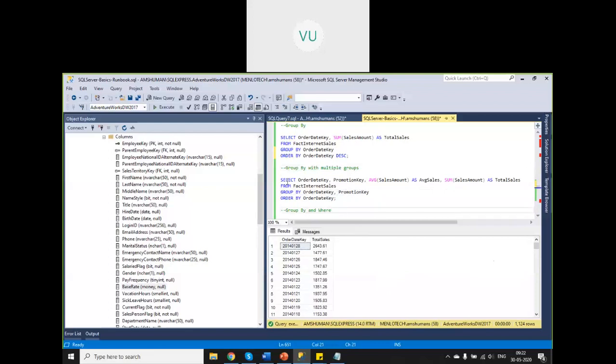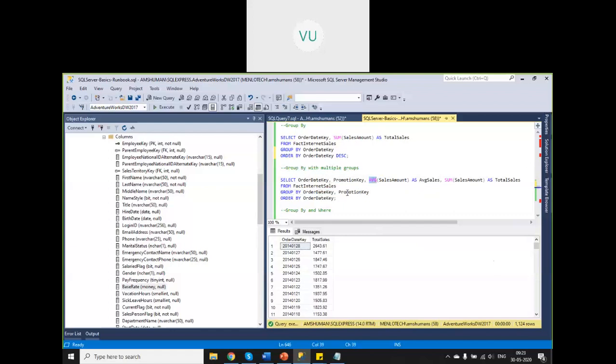Okay, so how will this execute? From this particular table, group by first this column, and within that, those groups create more groups based on this column value, and select all these values like order key, this, and for other columns. See, one important thing is, if you are selecting any column apart from the group by columns, you have to put aggregation. That means you have to apply some aggregate function, average, sum or something, and then you can retrieve. Otherwise it will be confusing for the SQL engine.